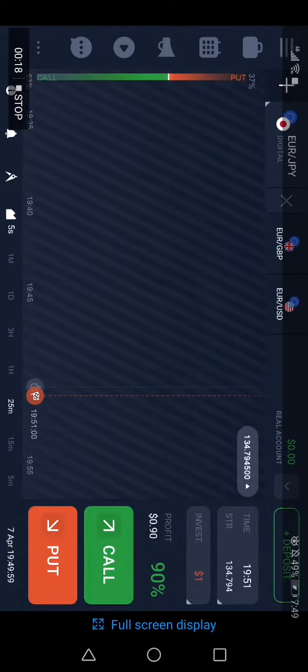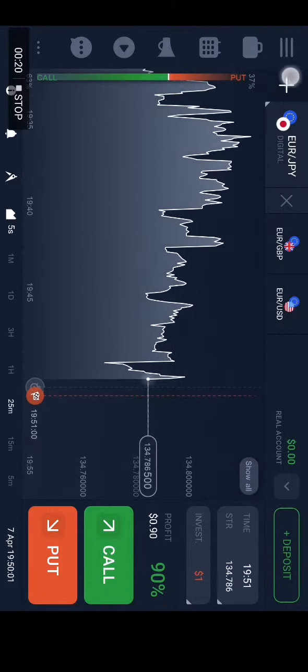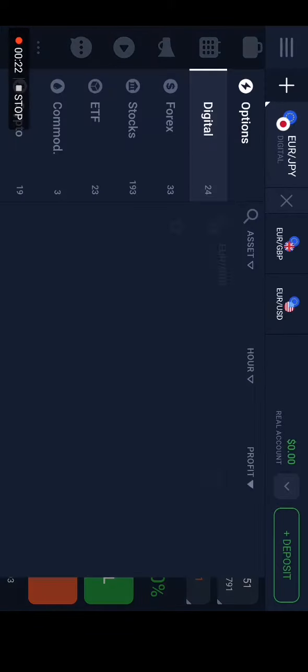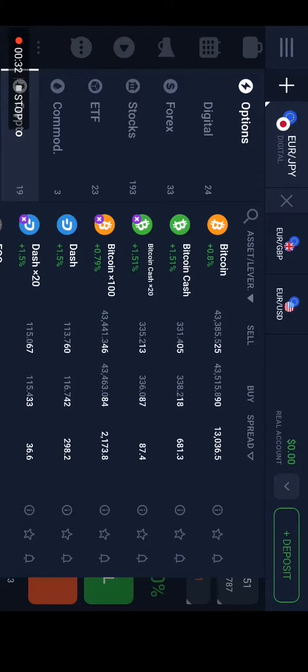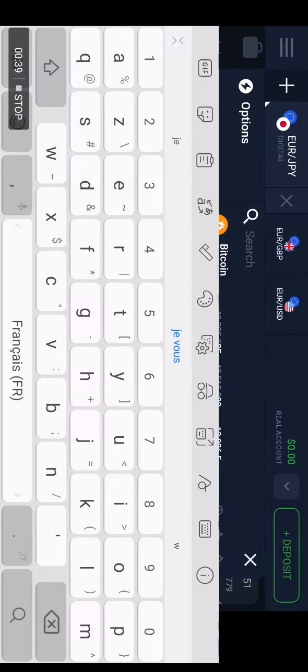Now you go and click here on this add icon, click on it and then choose you need to go to crypto right here, click on crypto and then click on Bitcoin, the first choice. If you didn't find it here, just click here and search for it like this and then click search